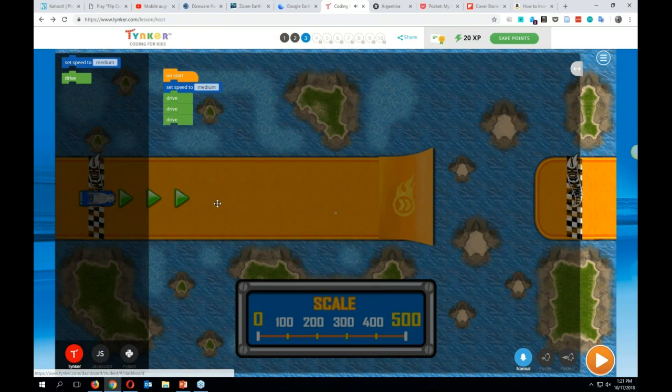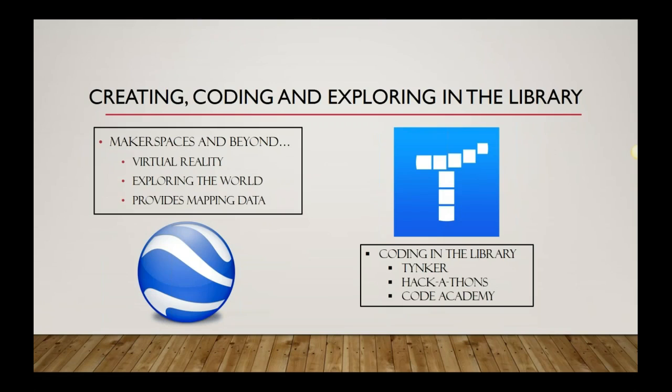All right, let's jump back into our slides here. So in addition to Tynker, another thing you've probably heard about is hackathons in public libraries, especially where kids get to learn how to take apart code and put it back together. There's also Codecademy, which is a freemium version of where you can learn how to do code in a less gamey way. You can start with very basic HTML, work your way up through CSS to JavaScript, and then on to the more complicated ones like Python and PHP.